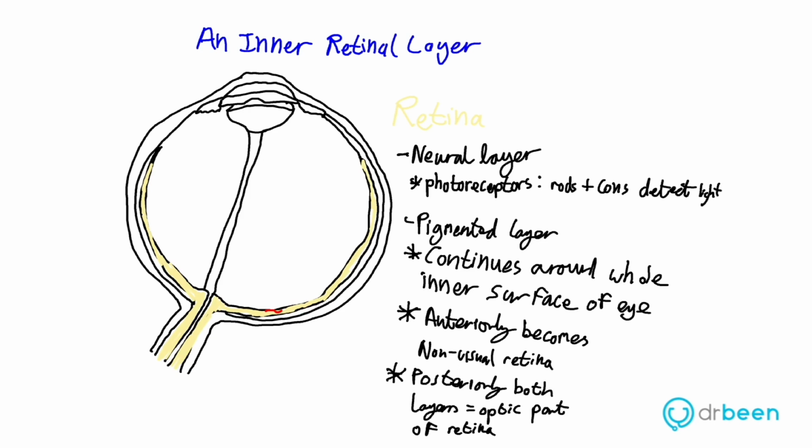The centre of the retina is marked by an area known as the macula. This area is yellowish in colour and is highly pigmented. The macula contains a depression called the fovea, which has a high concentration of light detecting cells, and it is an area responsible for